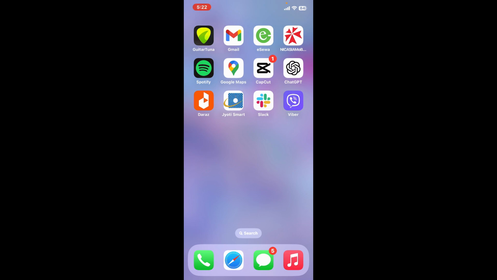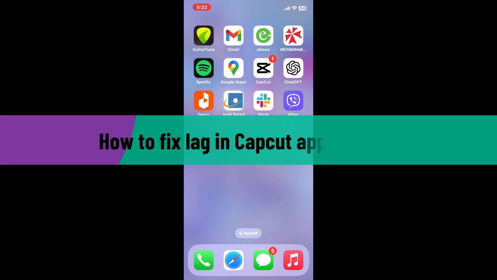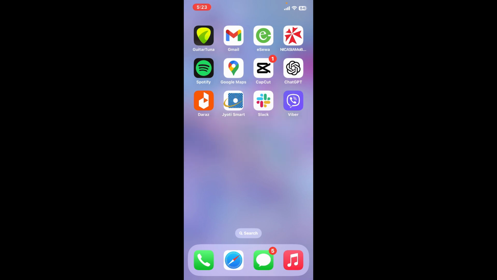In today's episode, I'm gonna show you how to fix lag in the Capcut application. If you're tired of Capcut lagging and slowing you down, then you can perform these easy steps in order to fix the issue. The first thing to do is to make sure that you've updated to the latest version of